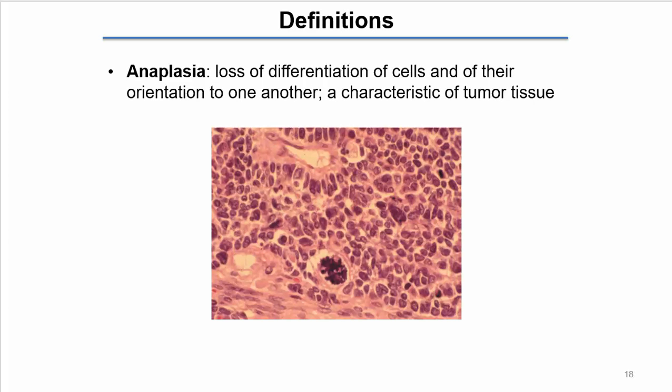So we call this loss of differentiation of the cells anaplasia. Ana is apart, so a growth apart. Anaplasia. So it's the loss of differentiation of the cells, their orientation to each other, and when we start to see these anaplastic cells as opposed to metaplastic cells, now we've crossed the line and we're into